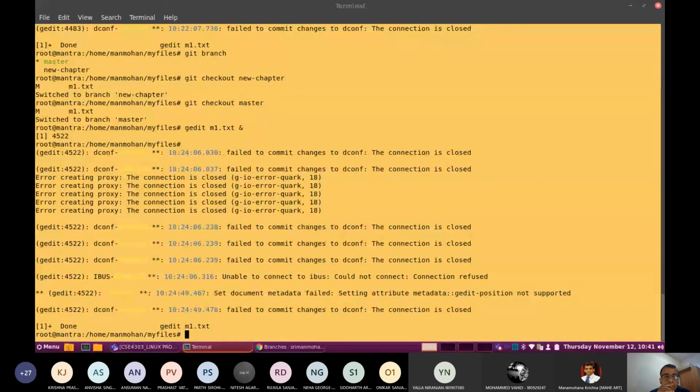If there is any problem in version 5 and you want to go back to an older version, how can you jump back, how can you go back to the older version of a file? That also can be obtained by going back through the different folders or development cycles. Those aspects we will study in the next class.